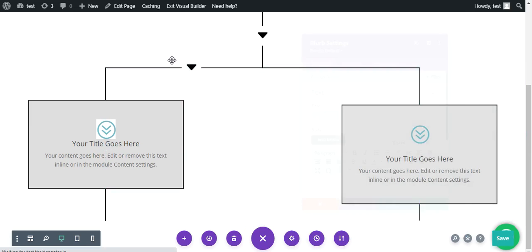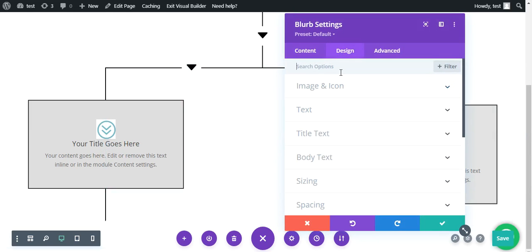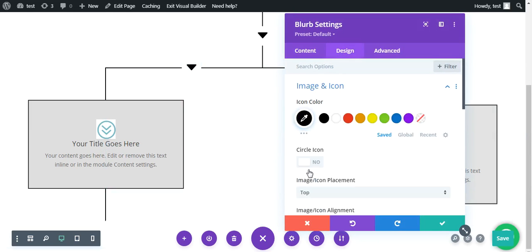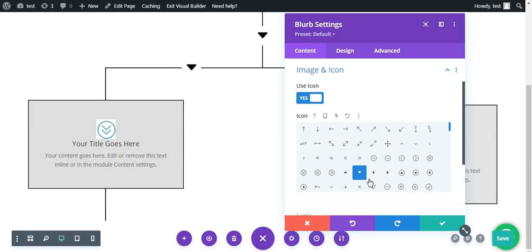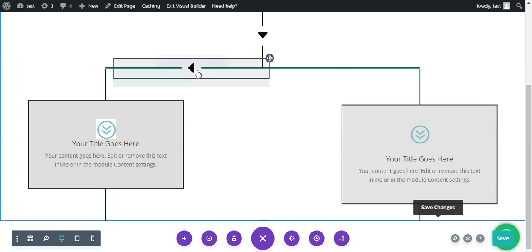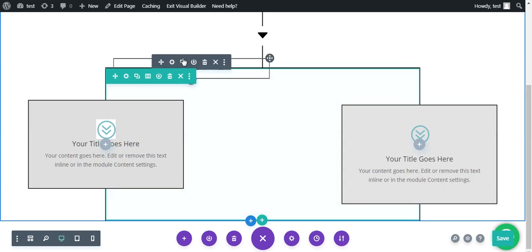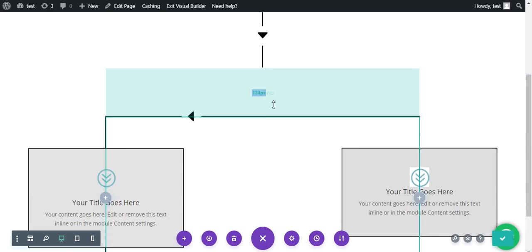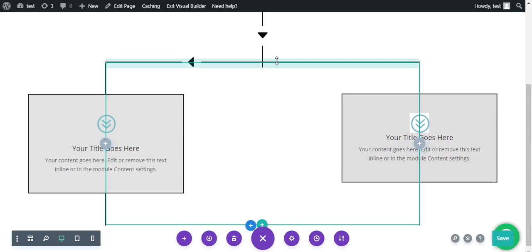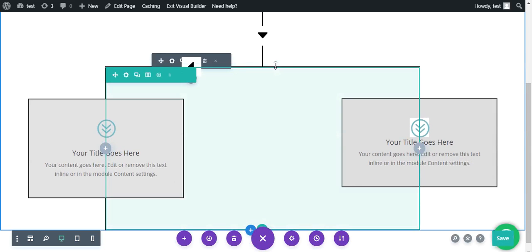Now we just need to change the blur image. I want the icon, just need to change the icon. You can find icon, this one. Click on OK. Now make a duplicate of this, just drag it, not this one.